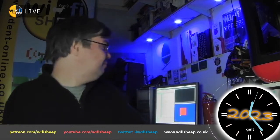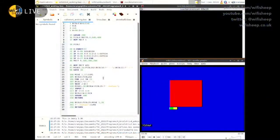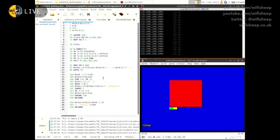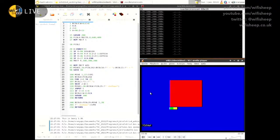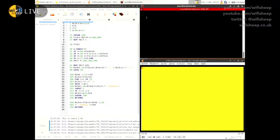TinyBASIC machine, yeah, behaved itself. Still flashing away there. I haven't quite figured out what that's about, to be honest with you. I'll just cut back to the desktop. So basically, Minicom is not 100% compatible with the control keys, so it's seeing something that it shouldn't be seeing, and it's sort of doing this flashing, which is annoying. And I've got to sort that out, because